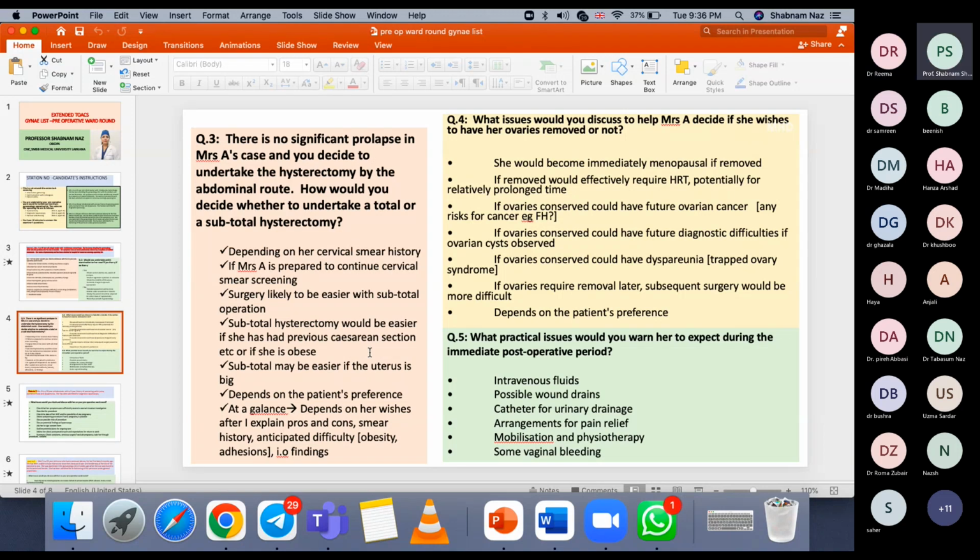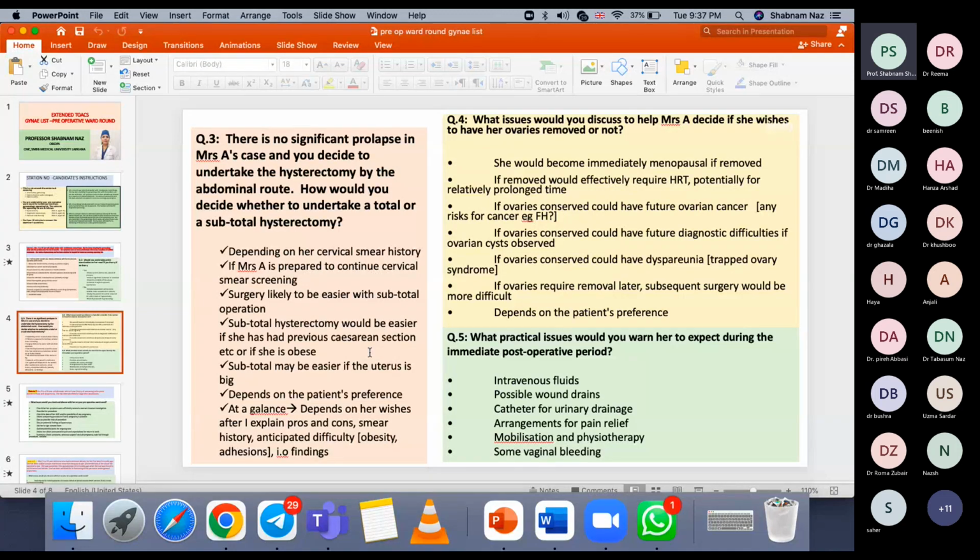Right, Rima, but you have to add a few points more. In the post-operative period, she needs the IV fluids. Yes, ma'am. वो भी तो उसको issue करनी है ना, oral तो नहीं लेगी ना. Antibiotics also, and she might have a wound drain. वो भी उसके लिए problem होगा कि नलकी क्यों चढ़ी हुई है. Catheter drainage. This is a practical issue, not a problem, but this is a practical issue she might face post-operatively.